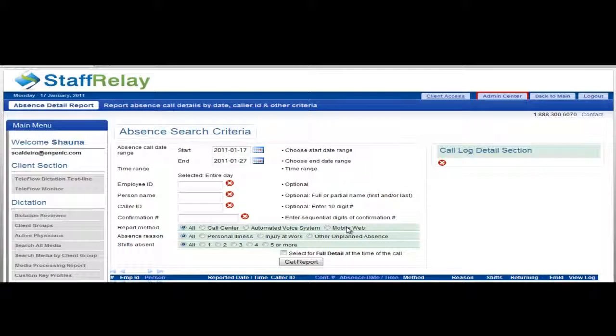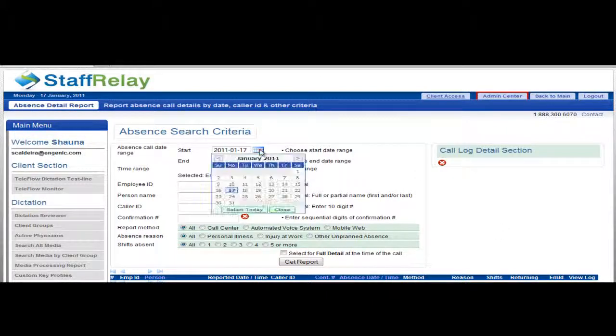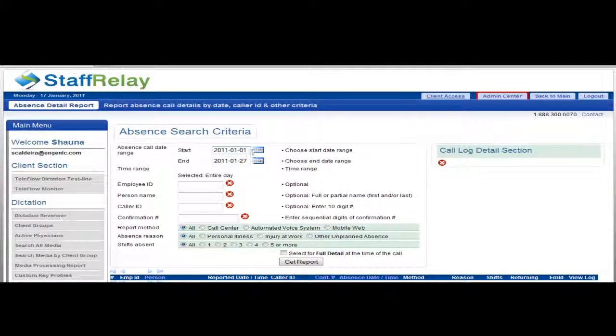If the administrator requires more detailed information on the absences recorded, we have provided the Absence Detail Report. This report is handy for managing the data based on specific information, such as employees, reporting method, absence type, and absence length. Using January 1st to the 17th as an example, and looking for a report by employee 9999,